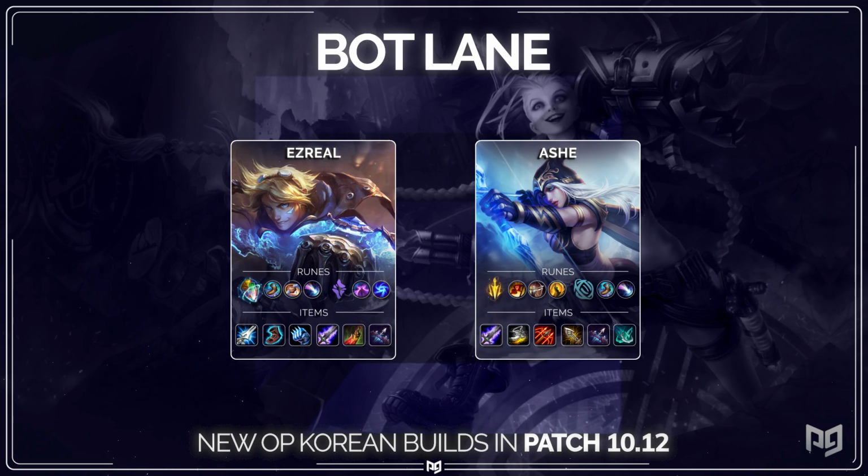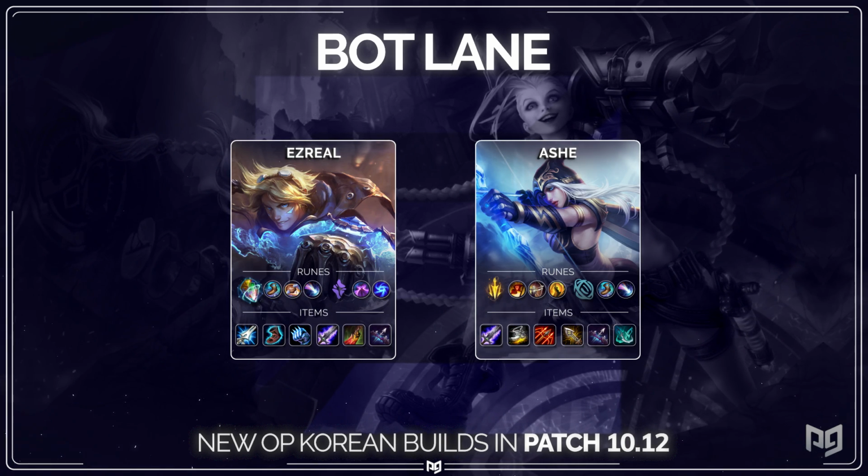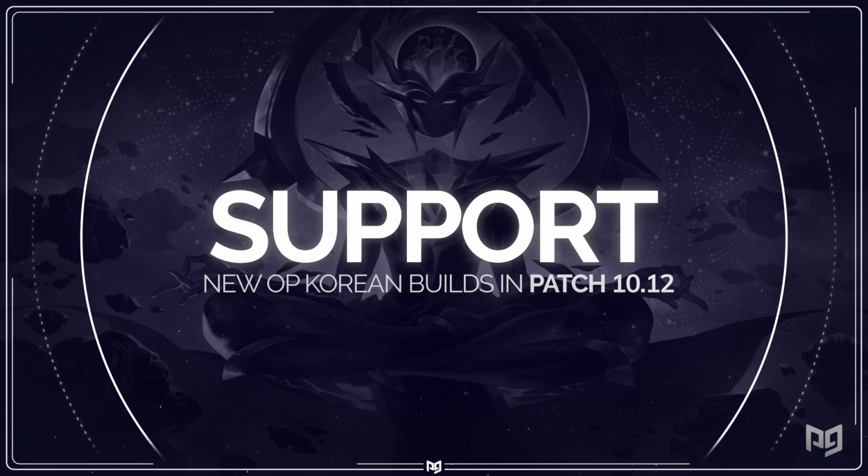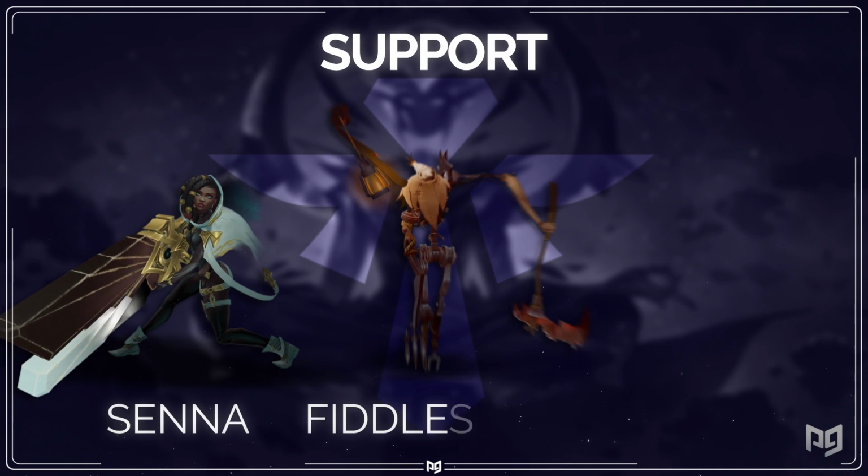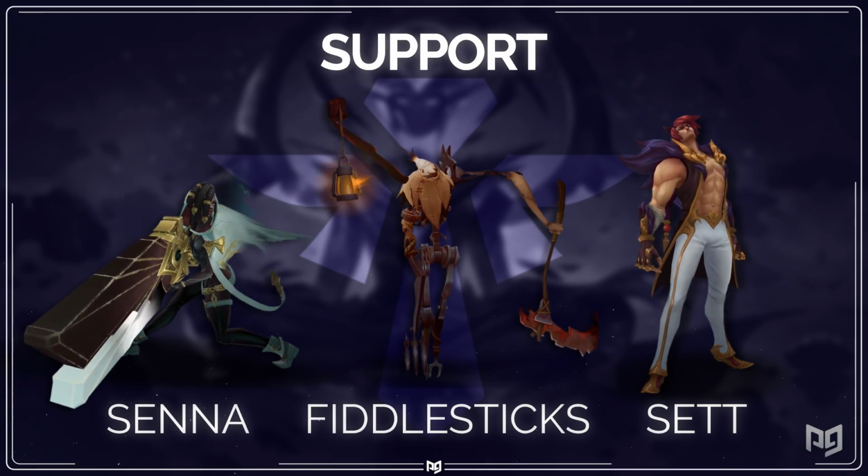Once again, take a look at your screen for a recap of those builds as we move on to the supports to wrap things up. We're actually running it back with Grasp of the Undying Senna. This build, which was featured in a previous installment of this series, is now the new meta build on Senna